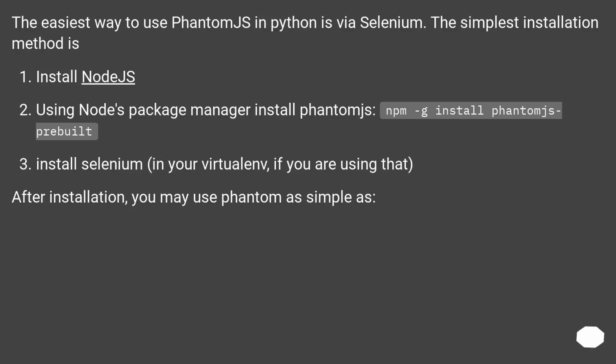The easiest way to use PhantomJS in Python is via Selenium. The simplest installation method is to install Node.js. Using Node's package manager, install PhantomJS: npm -g install phantomjs-prebuilt. Install Selenium in your virtual env, if you are using that. After installation, you may use PhantomJS as simply as